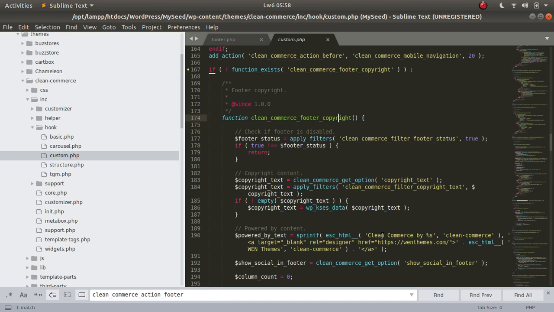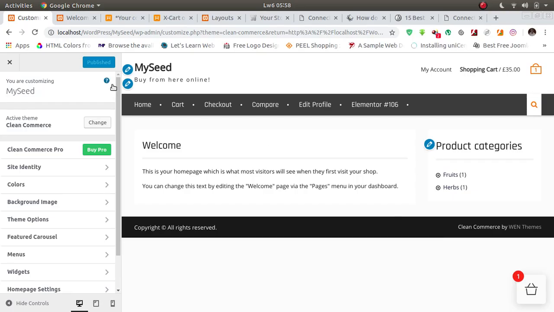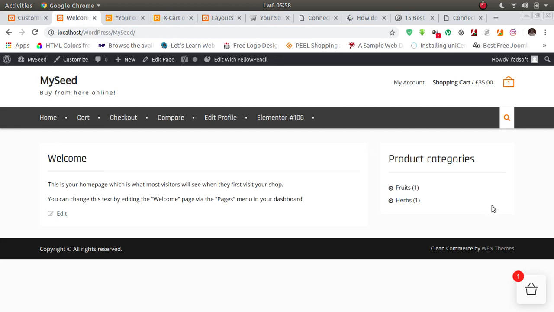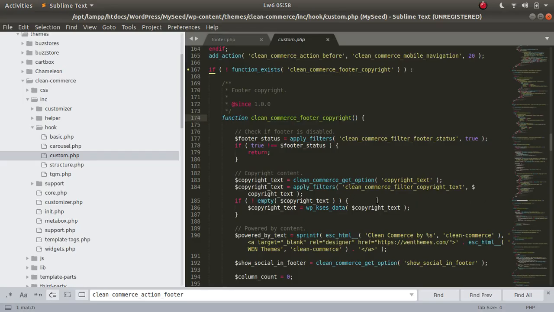Now we are going to change clean canvas by, you see, if you go back to our website, you see clean canvas by this. Now we need to remove clean canvas and we put what we want. Don't remove %s, because %s calls for this when themes.